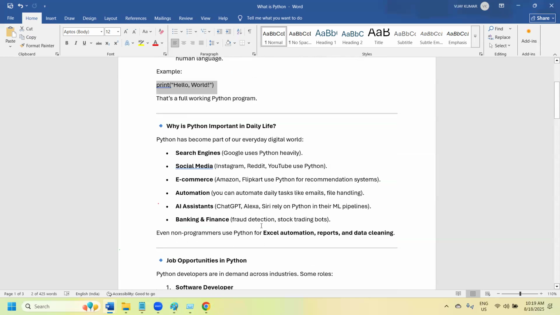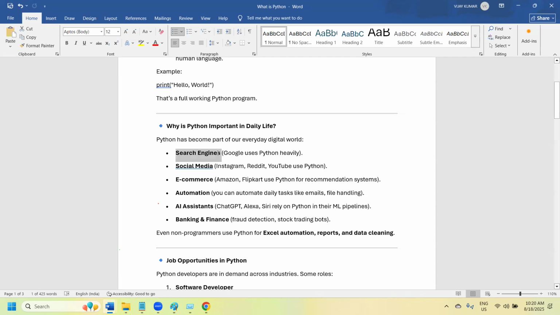So what are the places where we use Python? For example, YouTube. Complete YouTube is running on Python only. Whatever pages we upload, searching and displaying the content, and all the rich features, all of these are achieved by using Python.